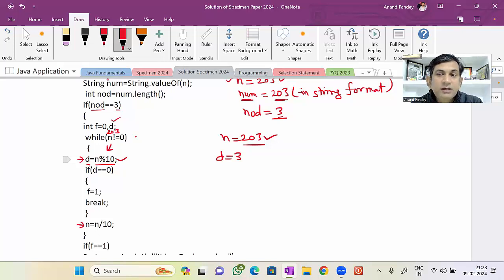10 से modulus करके एक digit निकालते हैं. Now what to do with that digit in this particular program? In different programs it may vary. उस digit को निकाल के क्या करना, ये change होता रहेगा. So here, what to do with that extracted digit? Here we have to check whether that digit is 0 or not. So that we are checking. If it is 0,